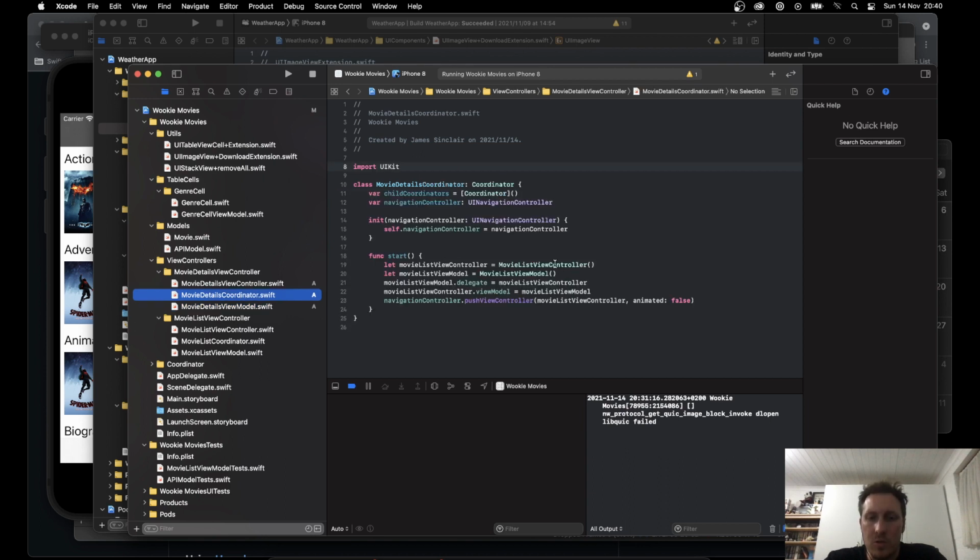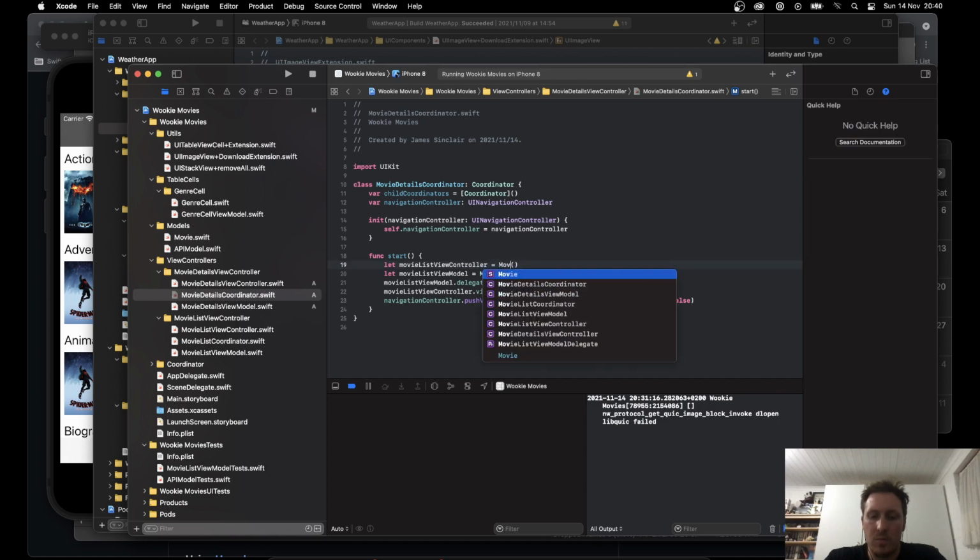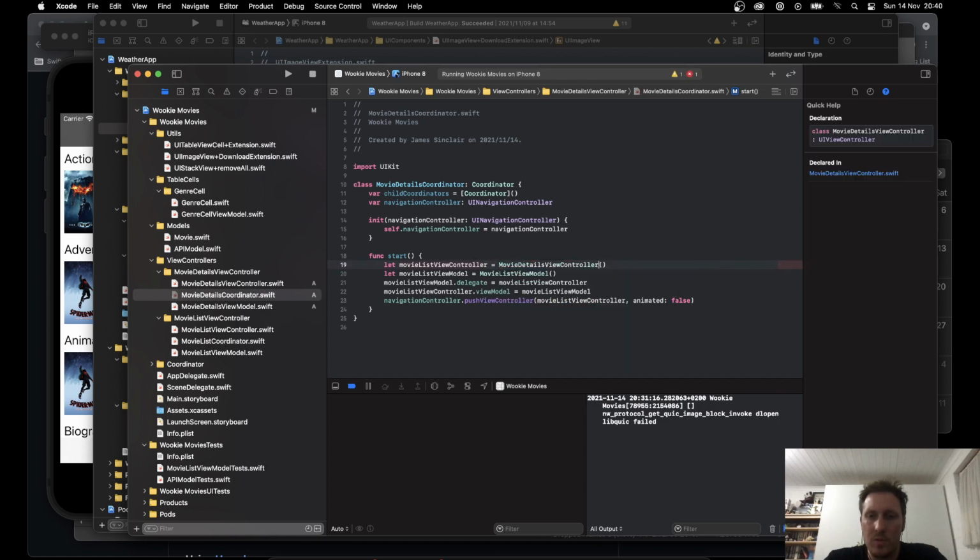So this is going to be a movie details view controller. And let's just name everything properly. There's a lot of retyping here to try and avoid copy pastas. Movie details view model, and then